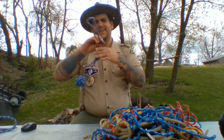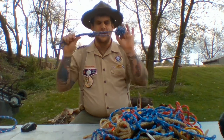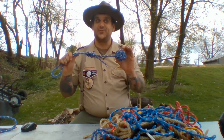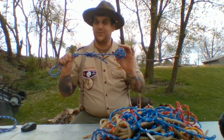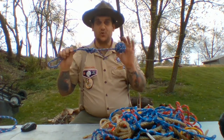Look at that. We've got a monkey ball. You may have never seen a monkey ball before, but it's one of my favorite scouting knots. In a future video, I'll teach you how to tie it so it can become one of your favorite scouting knots too. The monkey ball is a great way to put some rope together and make it shorter,